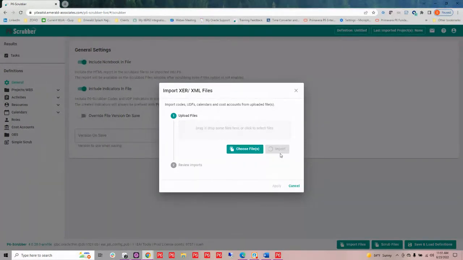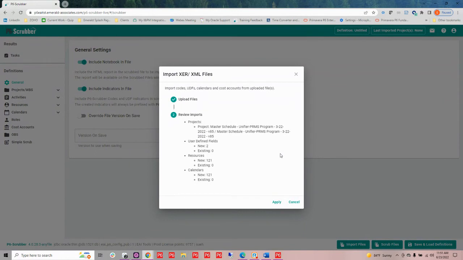I don't believe they have global calendars, things like that. So I could import this in and I could handle the data in my Microsoft Project XML in the same fashion. So you can see that I've got user defined fields that come in, I've got resources, and I've got a few calendars. So when I apply these,